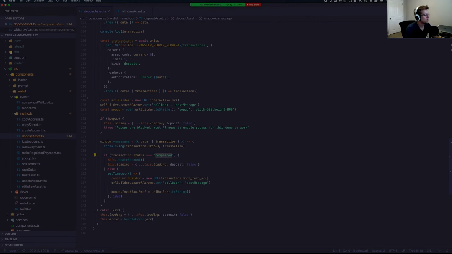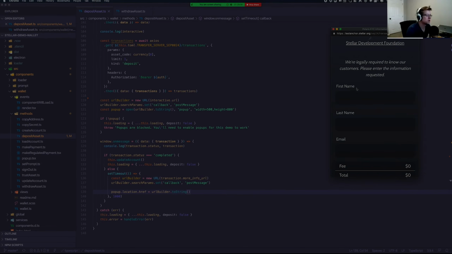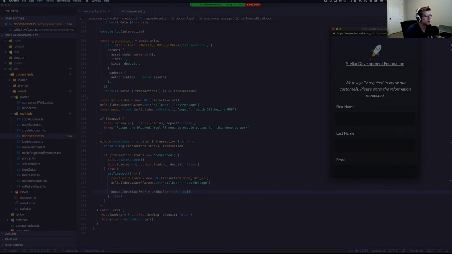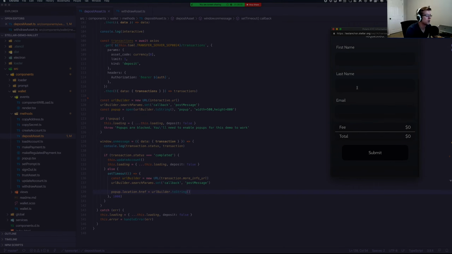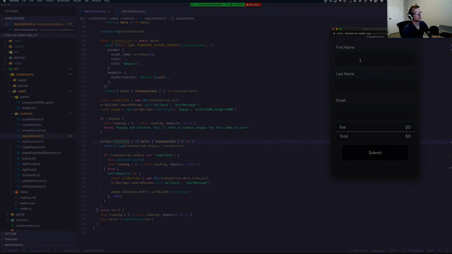So that's basically saying once the whole thing is done, the money's been deposited, we'll set completed. Otherwise, if it's not completed yet, we're going to set a timeout and we're going to call the message again. Basically, just keep pinging the anchor service until the flow has been finished. And so no messages are being sent back at this moment, so nothing's been triggered yet. We're still waiting, in this case, for some kind of dummy KYC